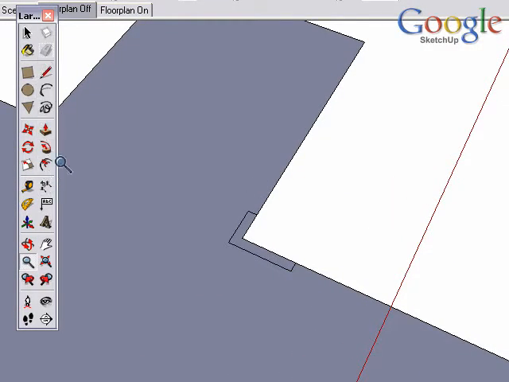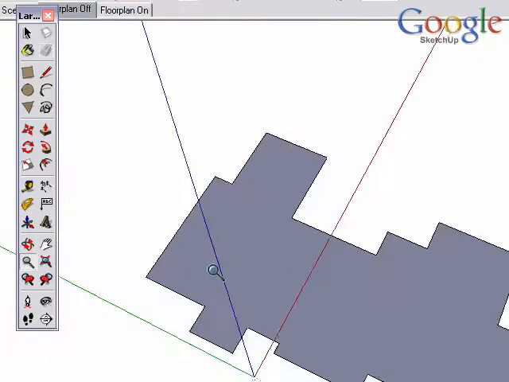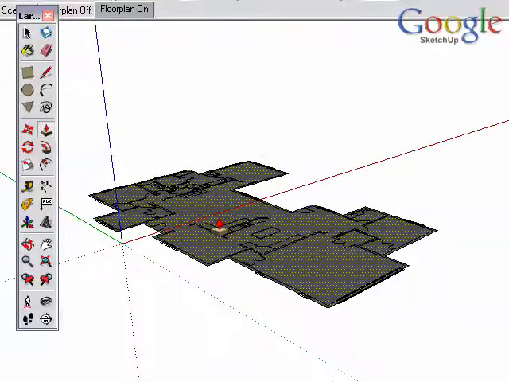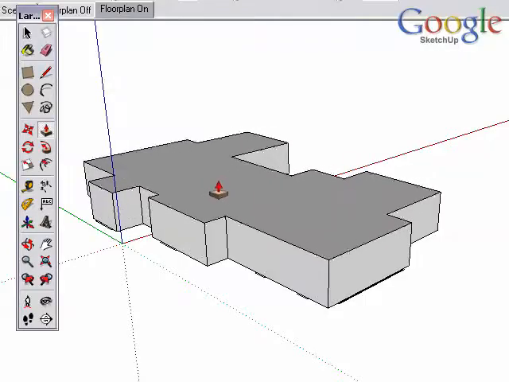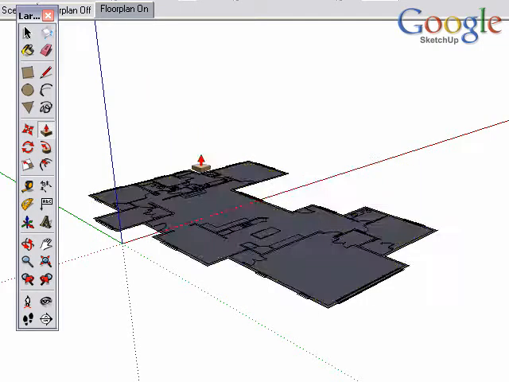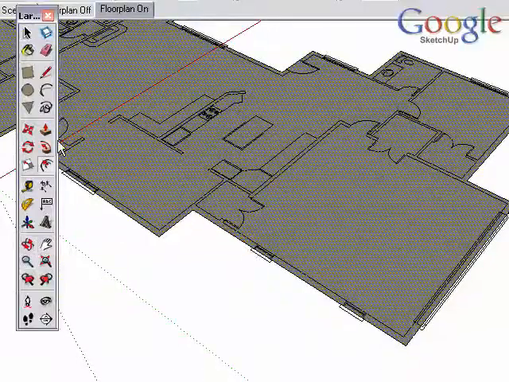We can turn the plan off, and there's that little area where I goofed, so let me erase those lines as well. But now we have the full outline of the building very quickly and cleanly. We could pull that up if we were creating a massing model, start working on the roof, and there we go. Or, if I undo that, if we wanted a more detailed model and to create some of the inside